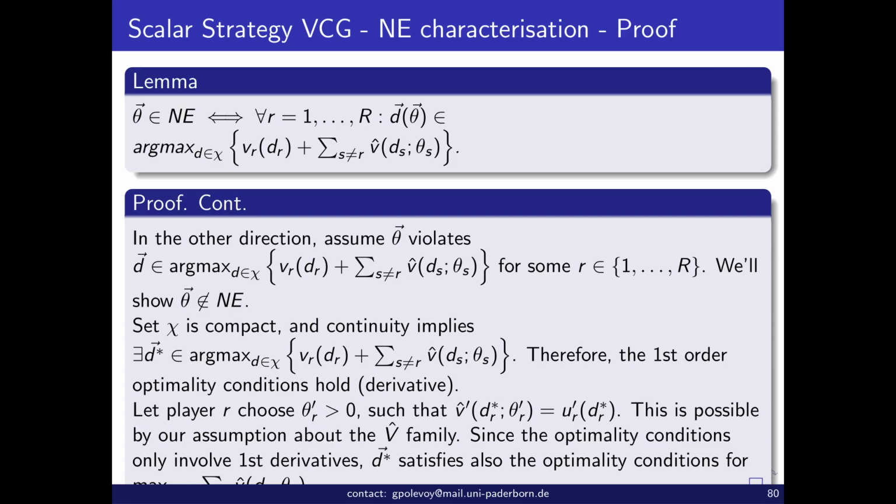Now we need to go to the other direction, and here there is a problem with the typesetting. But okay, let's just explain and then I'll fix the problem with the typesetting. So in that direction, we assume that theta violates that requirement, and then we prove it's not an equilibrium. So it is not an equilibrium if for at least some R it violates, it means that it's not an equilibrium. So now I need to fix the problem with the typesetting. So if theta violates that requirement,